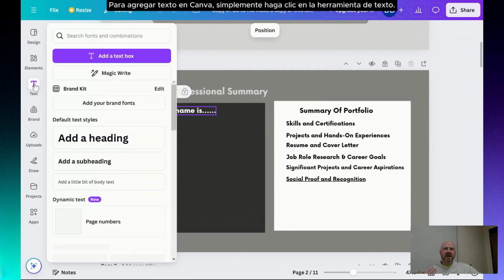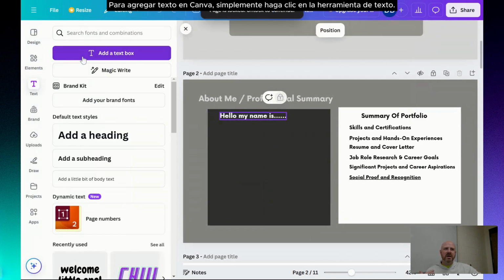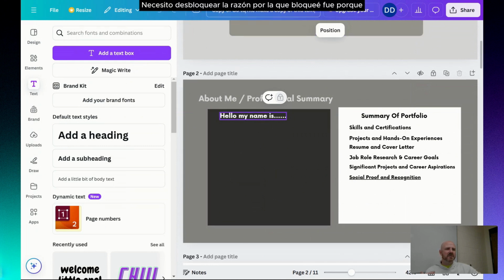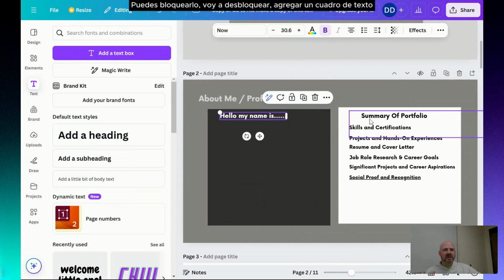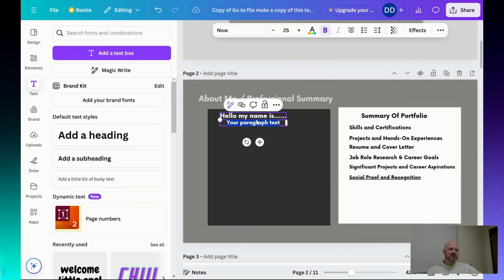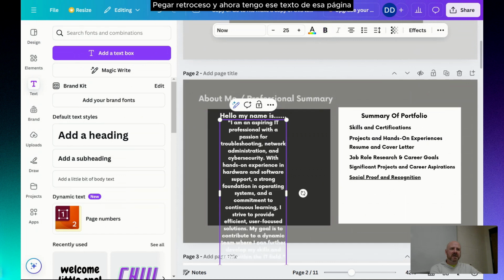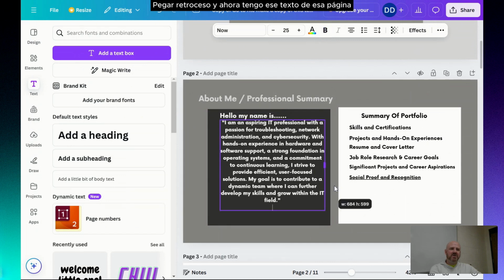To add text in Canva, you just click on the text tool, add a text box. I need to unlock. The reason why I locked was because I didn't want to make any changes. So if you notice there's a lock on Canva pages, you can lock it. I'm going to unlock, add a text box,